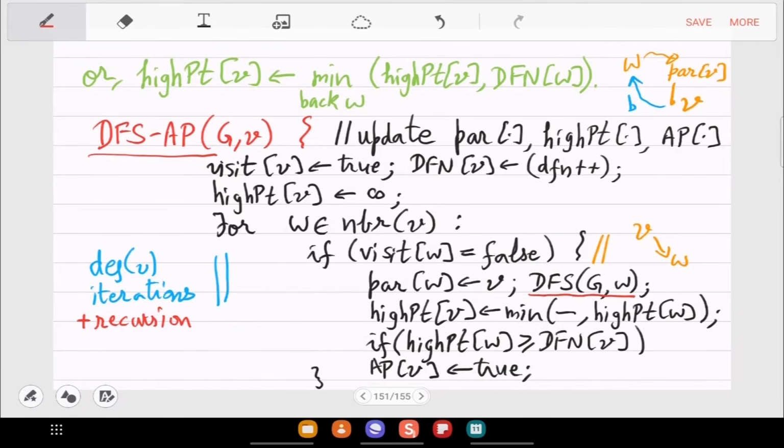Right? DFS is only called on unvisited vertices. So this for loop, inside the for loop there are other for loops, inside which there are other for loops, but overall edges are not repeated. Right? So those things you have to include in the proof.